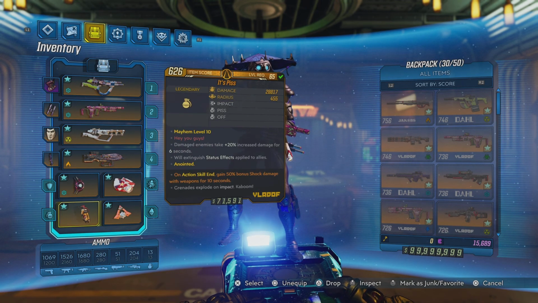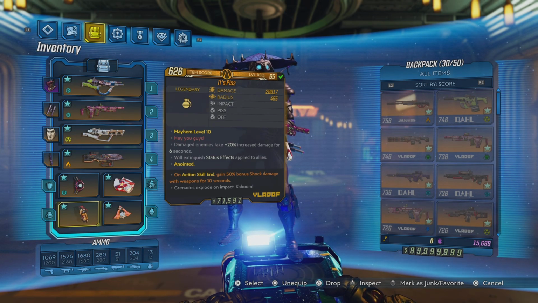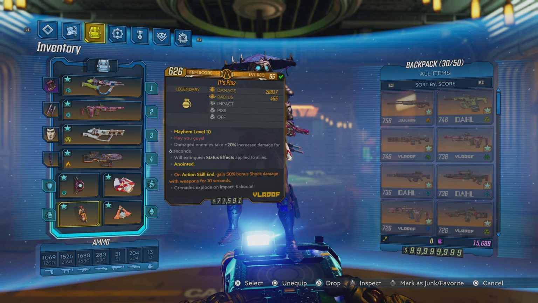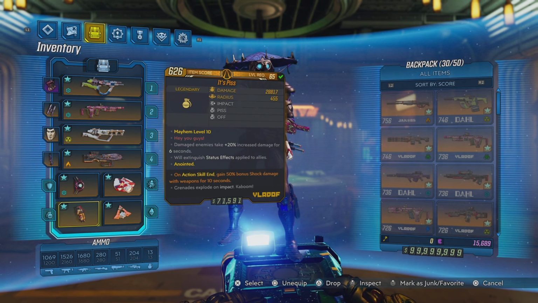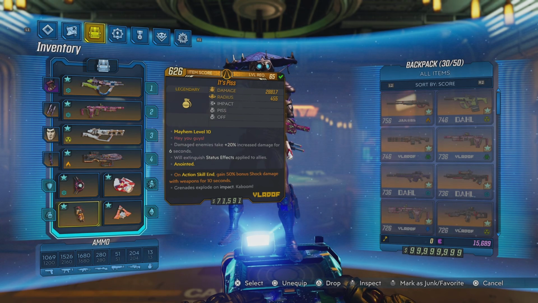For grenade mods, I've gone for the Pandemic grenade. This is a great grenade at buffing and nerfing either enemies or allies. So yeah, I've gone for this, and yeah, it's just really handy. When it comes to enemies, it does an increased